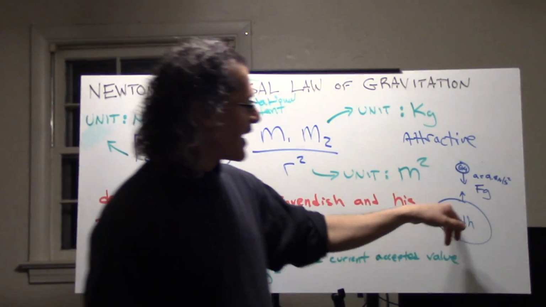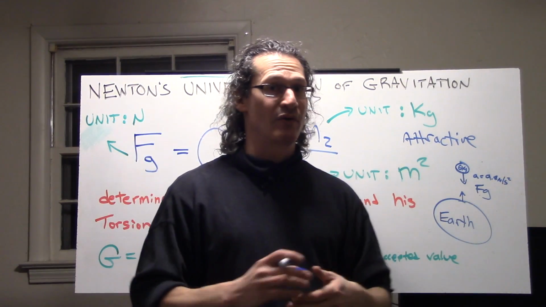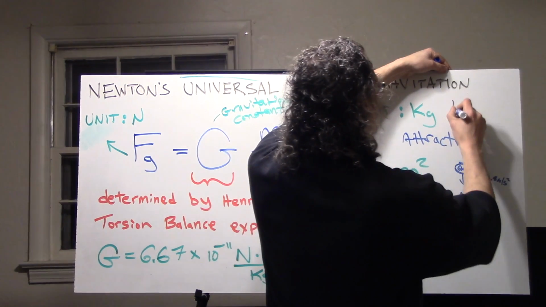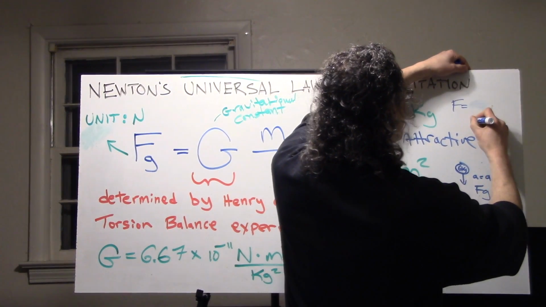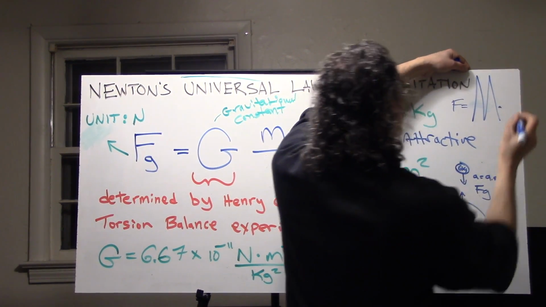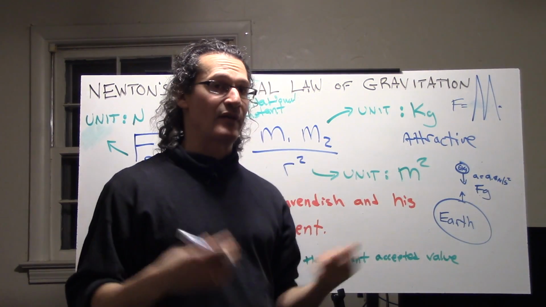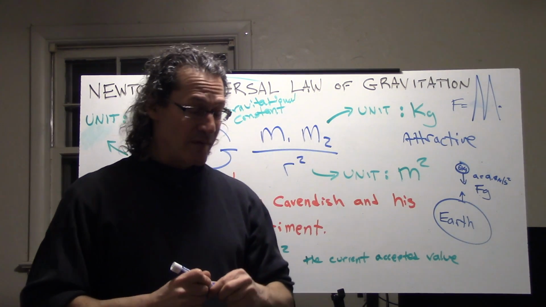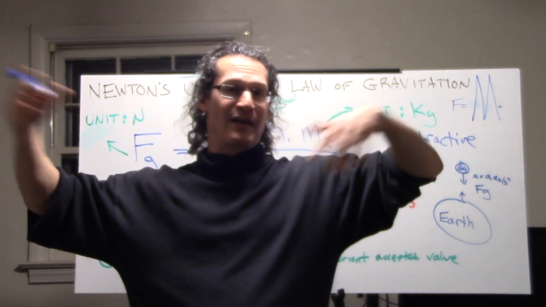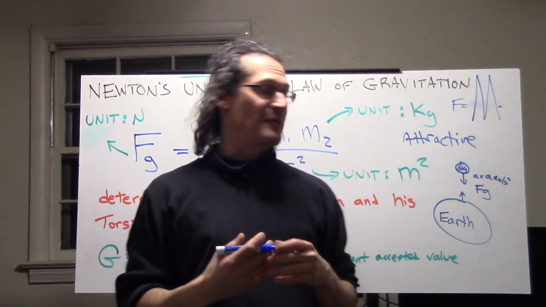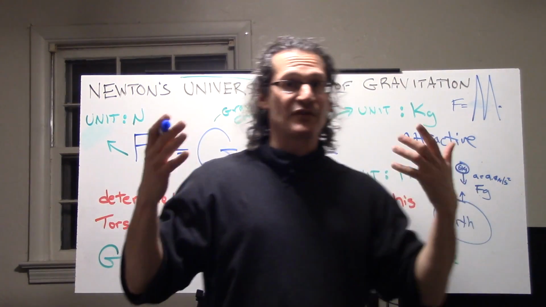The other point is that, yes, the Earth is accelerating towards this object, but because the Earth's mass is so huge, if we look at F equals ma, the m is huge and the a is barely there at all. The acceleration of the Earth towards this medicine ball, 6 kilograms, is going to be very slight, almost not measurable. And you add in the factor that we've got a bunch of other objects on the other side of the world, so the net result is that the Earth doesn't move very much, but it does move, just slightly. Other objects influence the Earth a lot more.